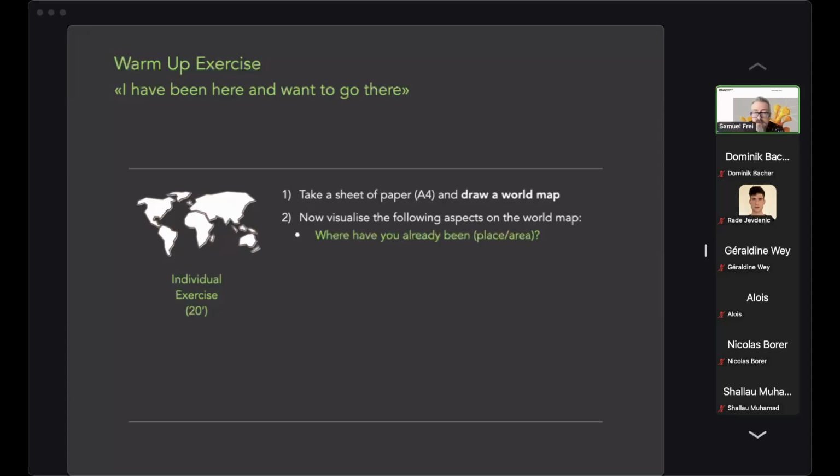They could be either a country or very specific, also a city. And then, as a second aspect, I would like you to indicate how long you've been there. It could be an amount of years or months. So do indicate that as well next to the place where you have been before